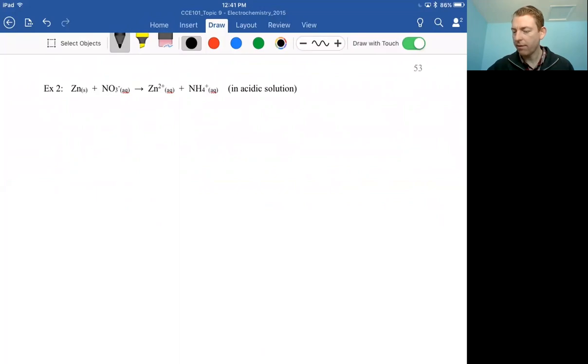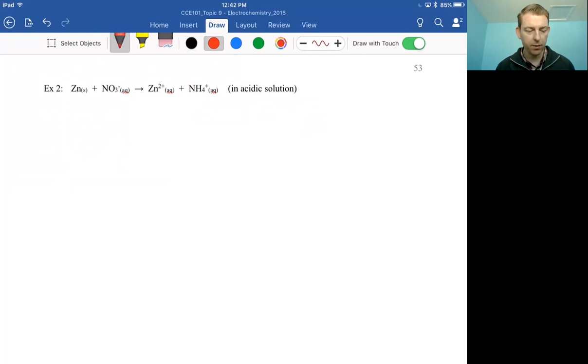Okay, and now we can flip the page and we'll go on to our second example. So here we're going to pick up some oxygen and some hydrogen in the form of nitrates and ammonium. All right, so step 1 is going to be the same step 1 that we had before. We want to break this into 2 half reactions. So the oxidation reaction,